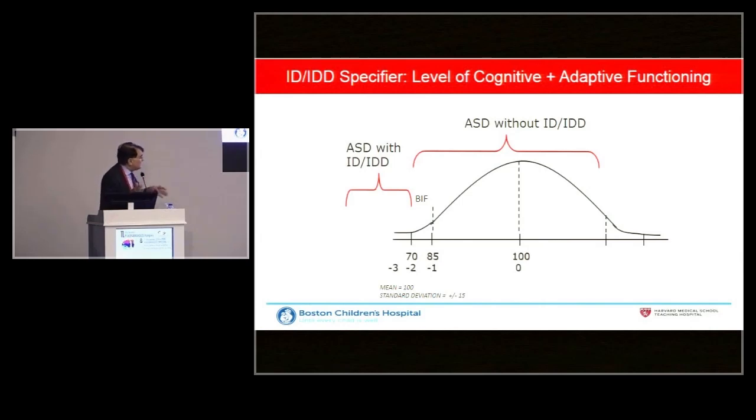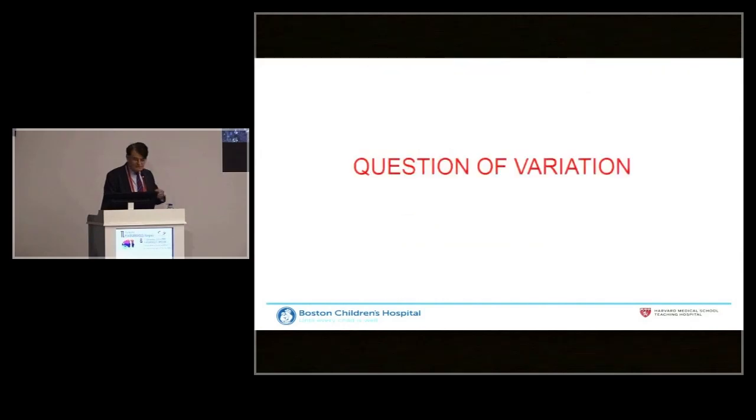As those of you who work with autism patients know, they don't have intellectual disability, but yes, they have adaptive functioning deficits, and they actually have borderline intellectual functioning, which we don't pay attention to, also because they don't qualify for services. And it might be the same for Turkey, because I'm not sure, but in the United States now, we can qualify for services if you have just an autism diagnosis. But in the past, you had to have intellectual disability to get better services. Okay? So, the question of variation.